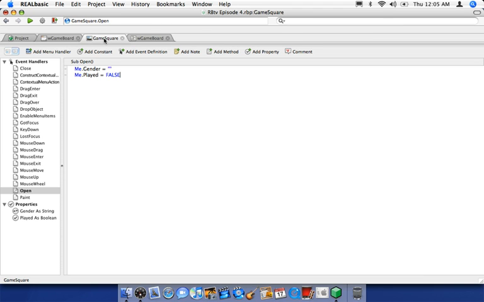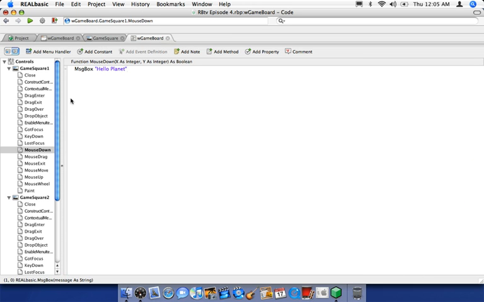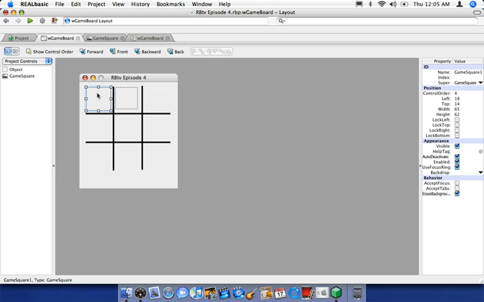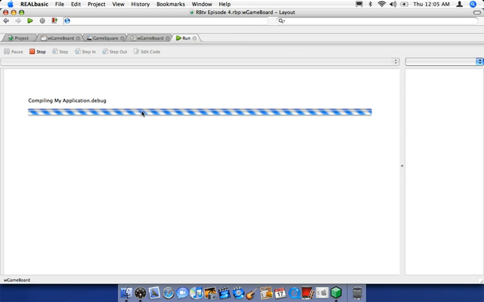Now if I came over here to the game square class, and let's go to the mouse enter event, and let's do another message box here. I'm just going to give you guys an idea of what I'm dealing with. Say mouse enter. Now if you notice, we still have the hello planet here, we have hello world here, so they still contain their own unique pieces of code, but when I run it,